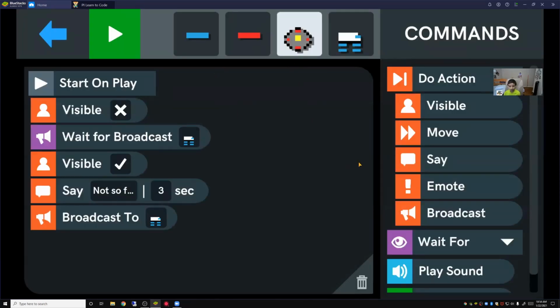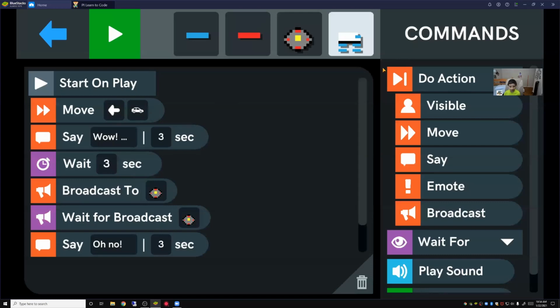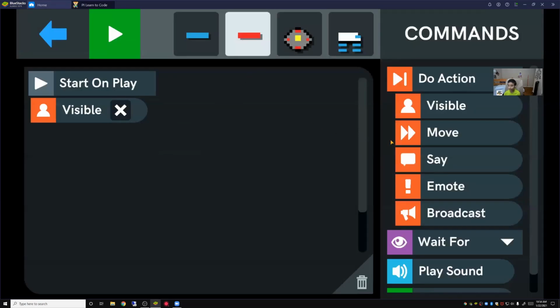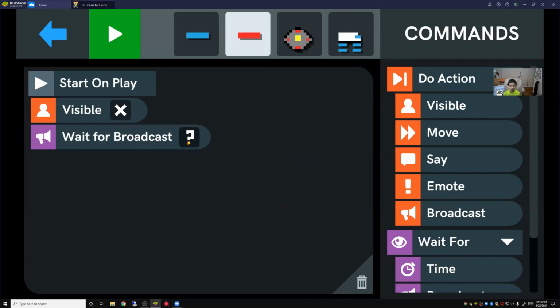And after he broadcasts to this, and he says, oh no, they'll broadcast to this red laser, which will immediately wait for a broadcast and will say, actually won't say anything, will immediately start becoming visible, and it'll say,